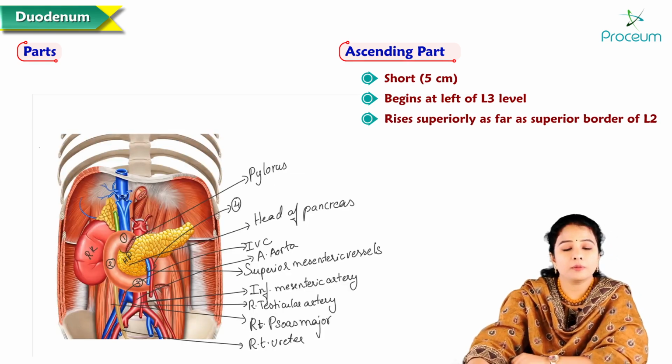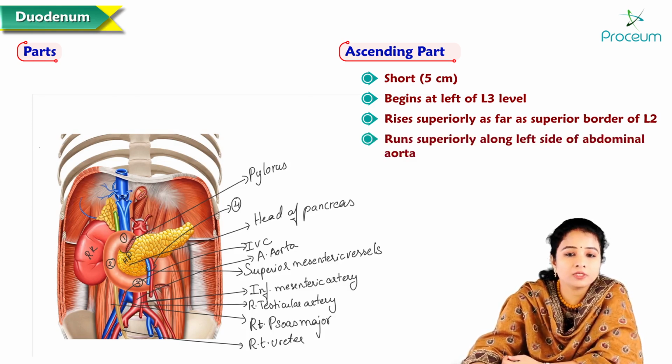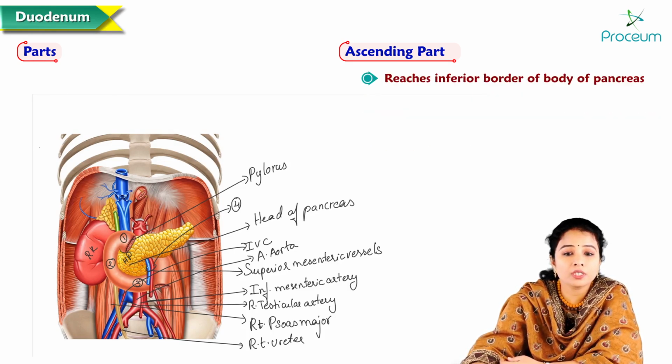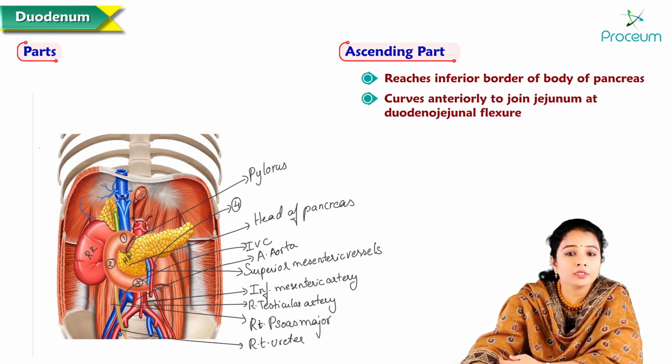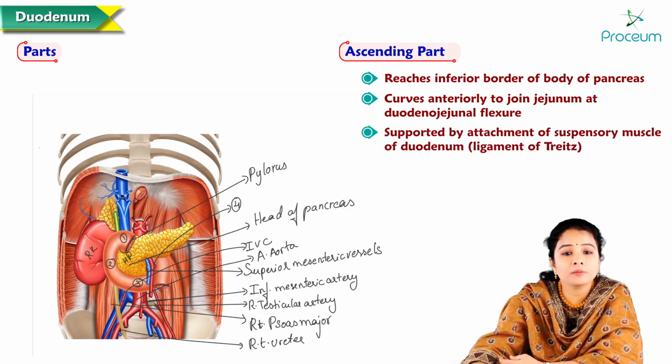So we can see the abdominal aorta. It runs superiorly along the left side of the abdominal aorta to reach the inferior border of the body of pancreas, and here it curves anteriorly to join the duodenum at the duodenojejunal flexure. The duodenojejunal flexure is supported by the attachment of the suspensory muscle of duodenum, which is otherwise called the ligament of